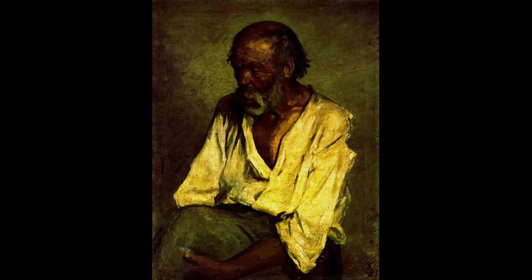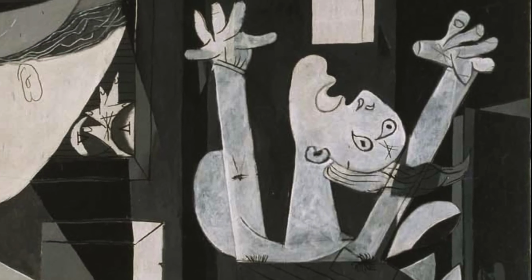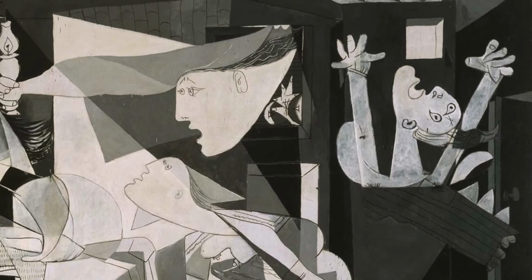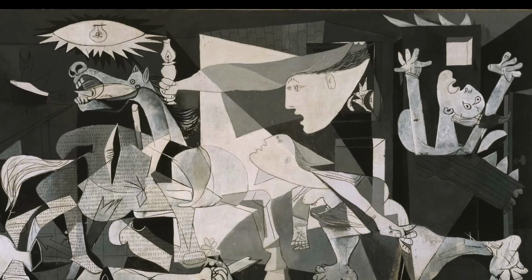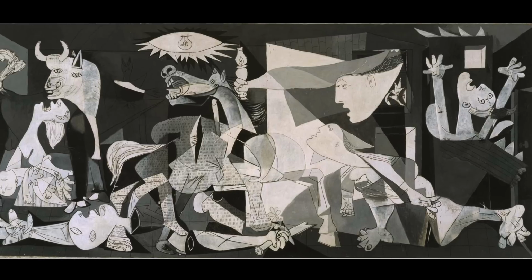But in order to do that, let's begin with two paintings. Stay with me, please. This first one, a portrait of an old man, is clearly the work of a talented, classically trained artist. Now this second one, well, if you've never seen it before, your first question might be something like, what the heck am I looking at? What the heck is this? Without any understanding or even conscious thought, you might find it jarring, unsettling, ugly, frightening, confusing, or all of that and more. As well you might, because